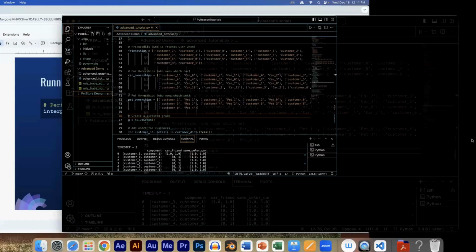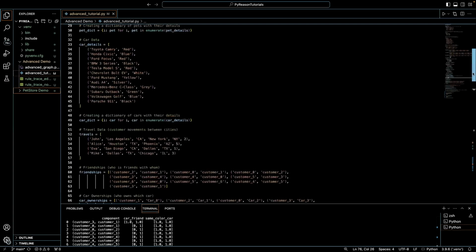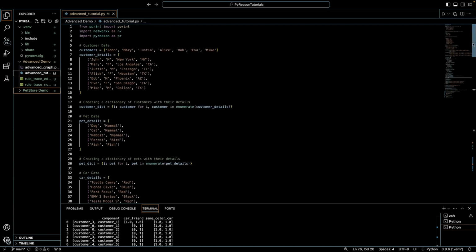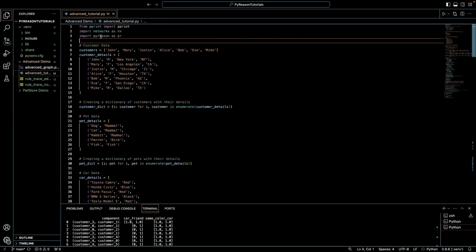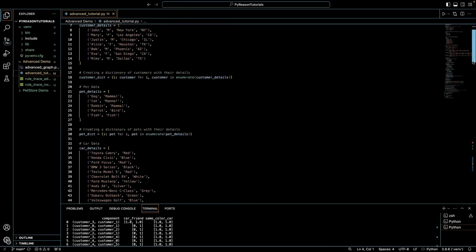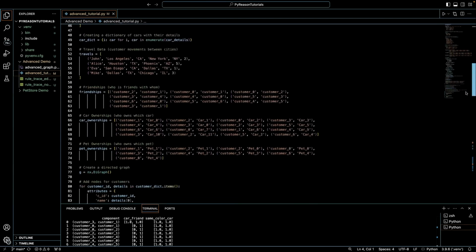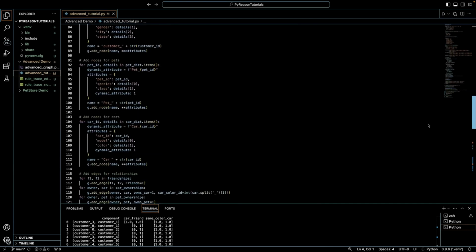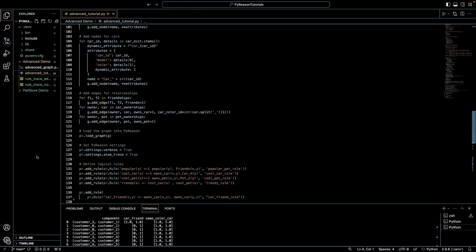So here is our code file. Again, this will be linked in the description. We want to make sure we have PyReason imported and downloaded, and then also NetworkX for our graph. Then again, we're adding in the node data here. We're adding in the edge data, and then we're actually creating the NetworkX graph, and then we load it